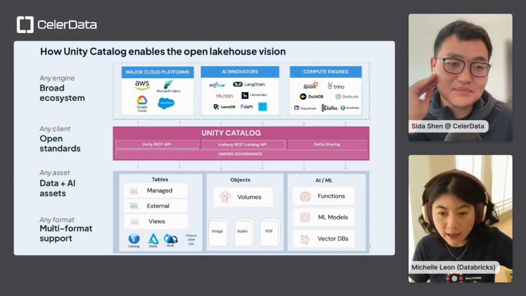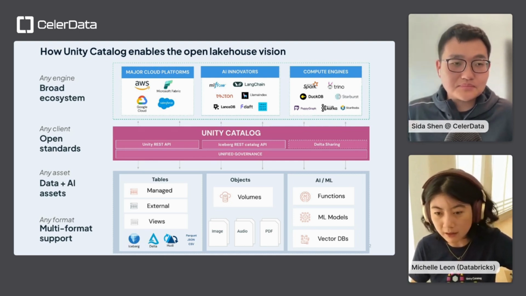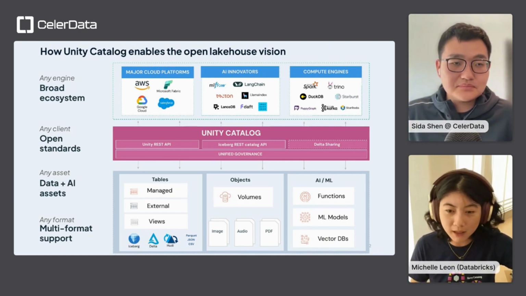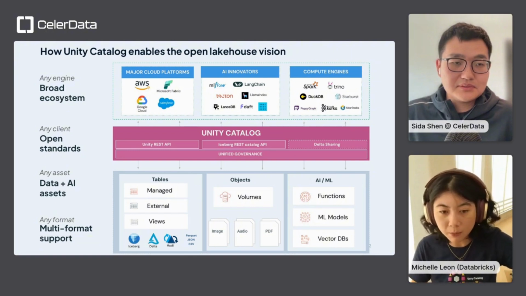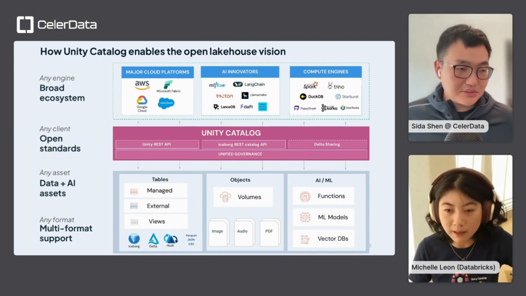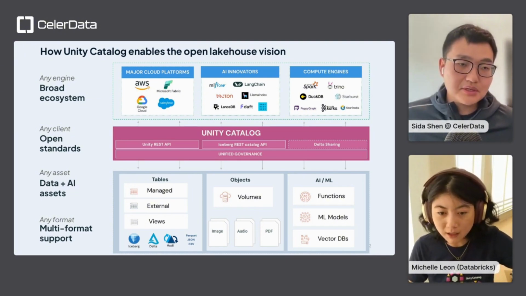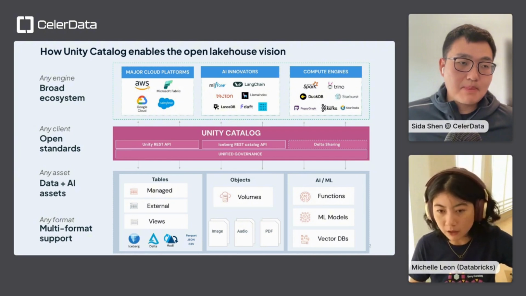And so what you might have is a piece of code that needs to access tabular data. It also needs to pull some PDFs or images for training data. And then maybe you're also executing a model. This is actually the same user who needs to do all of these things. And when these are governed or managed in silos,